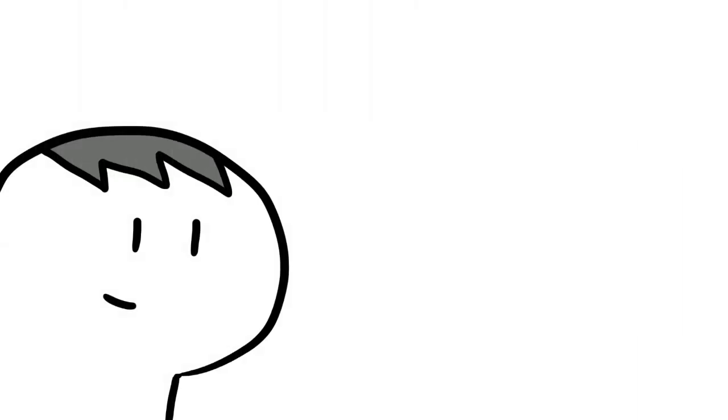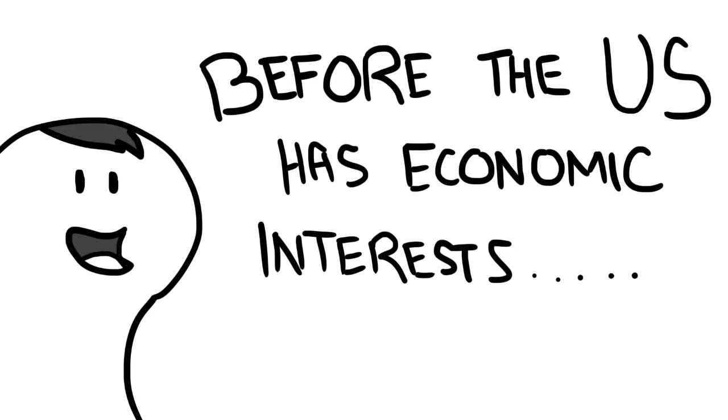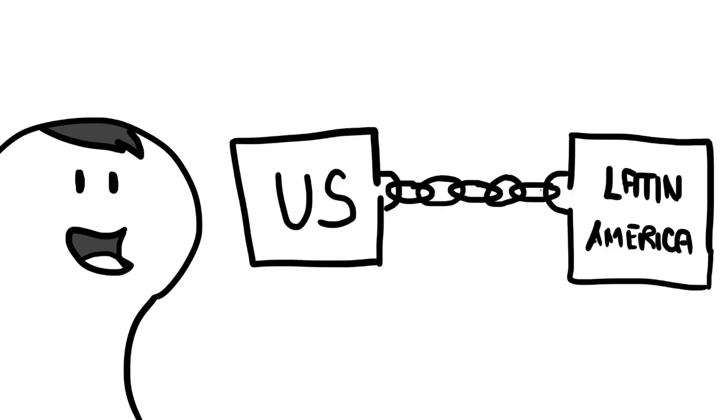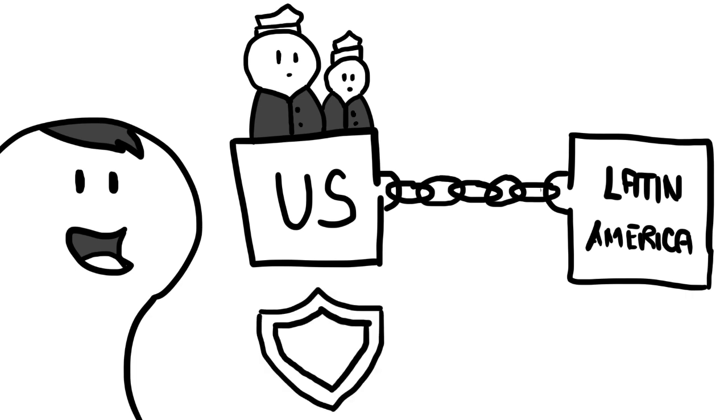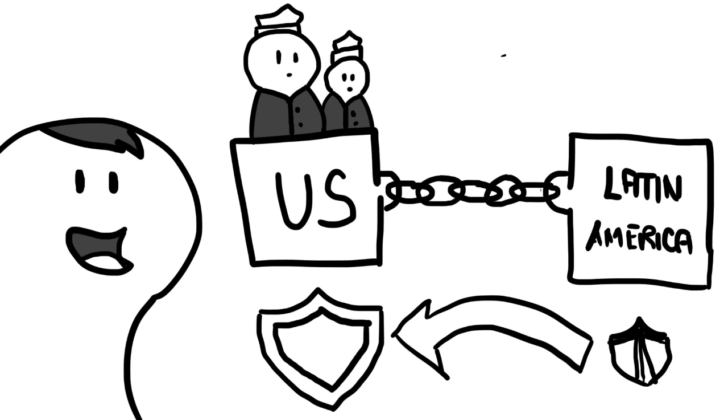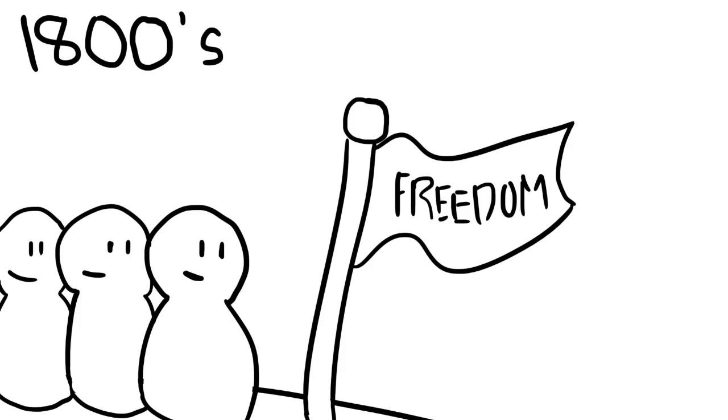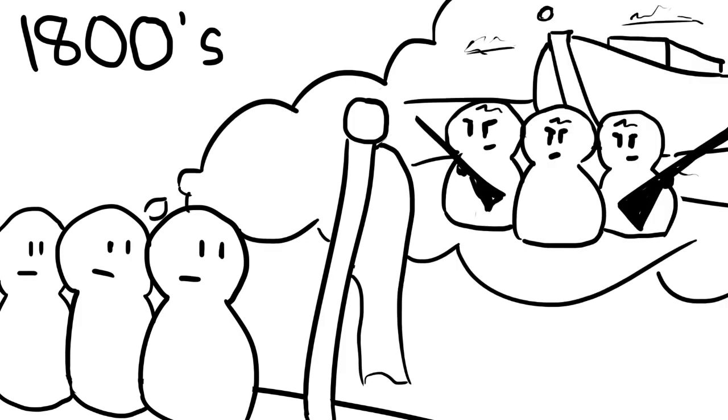A Latin American empire. Long before the United States had any economic interest in Latin American countries, it realized that it had strong links with its southern neighbors. Leaders of the United States were well aware that their country's security depended on the security of Latin America. By the early 1800s, most Latin American colonies had gained their independence, but they were insecure. They feared that European countries would try to colonize them again. The United States, a young nation itself, feared this too.